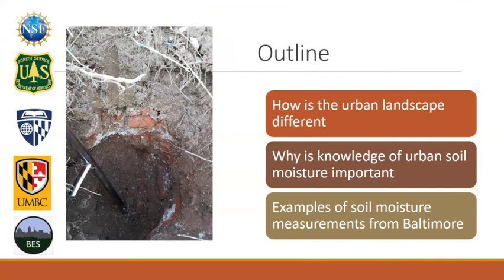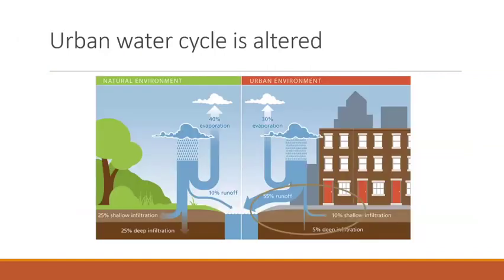Oh, it's working. So I'm going to talk about three things very briefly, starting with all the things that we heard yesterday of how difficult it is to measure soil moisture because of a lot of things, and the kind of metadata we need to collect to properly interpret soil moisture data, how those things are even more difficult when you try to do it in an urban landscape. And then I'll talk about why we think this is still important, and I'll show you some.